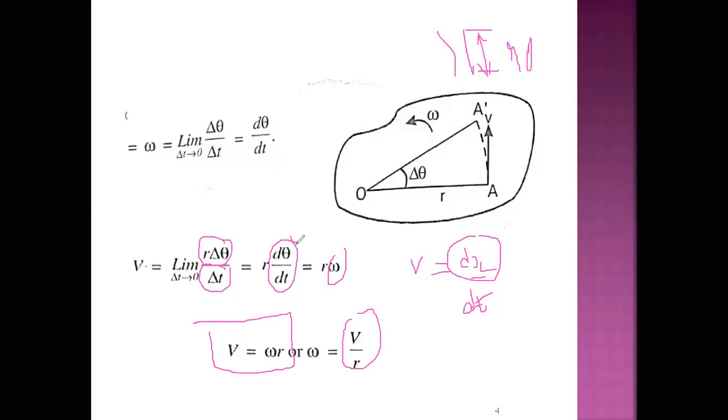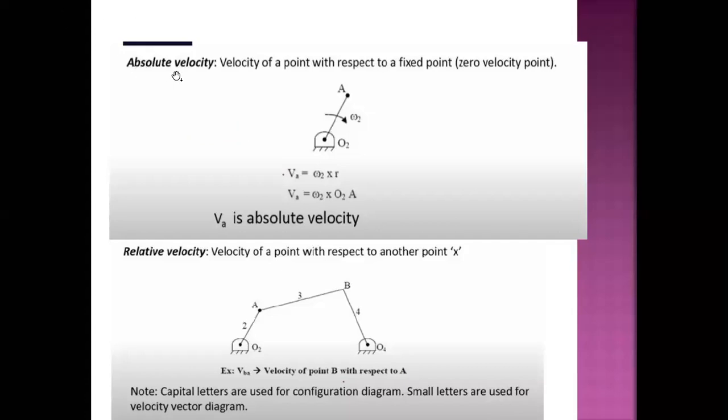This is a very important relation that you should know well, all these basics. Again, for this module, this is very essential. Understood? Next will be absolute velocity. There are different types of velocities. First, we discussed linear velocity and angular velocity. Now the next two types of velocity are absolute velocity and relative velocity.